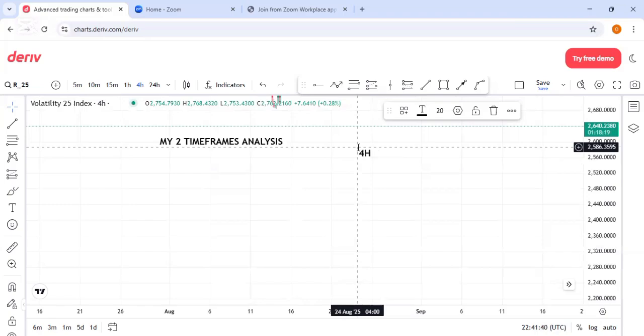I mainly use the 4 hour time frame and, let's say, the 15 minutes time frame. Yeah, basically that's the major time frames that I use. What do I use 4 hour for? That is what we're going to be discussing. So I use 4 hour for